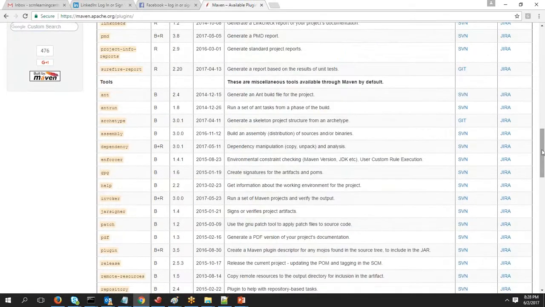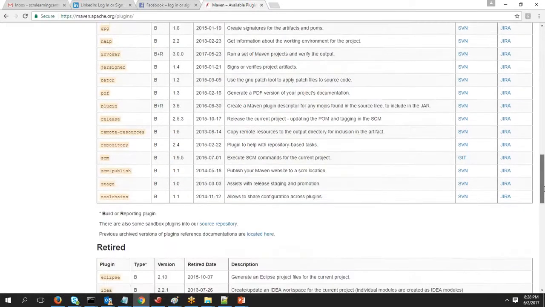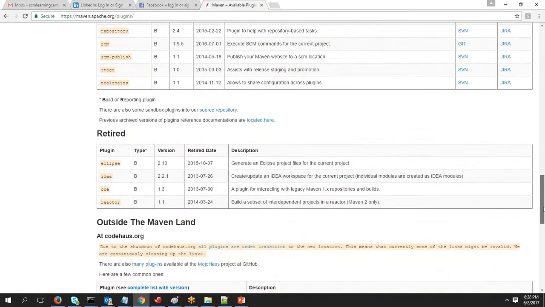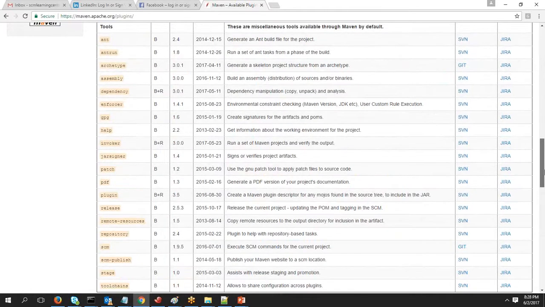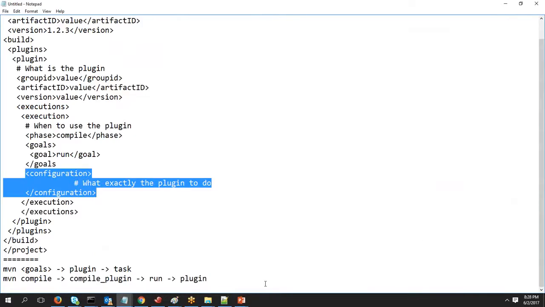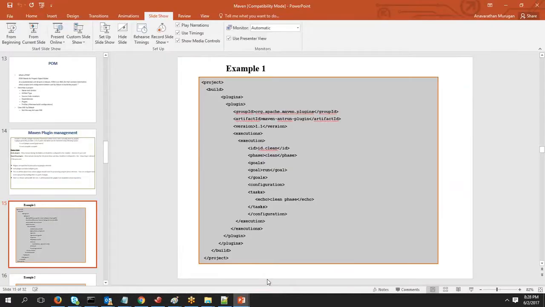Suppose if you want to connect to different tools using Maven, then for each one of them you have a specific plugin. So like this, whatever plugin that you want to work on, you can choose it, and based on that, you will be specifying all the details. Okay. So the first thing what we will do is, let us take one example